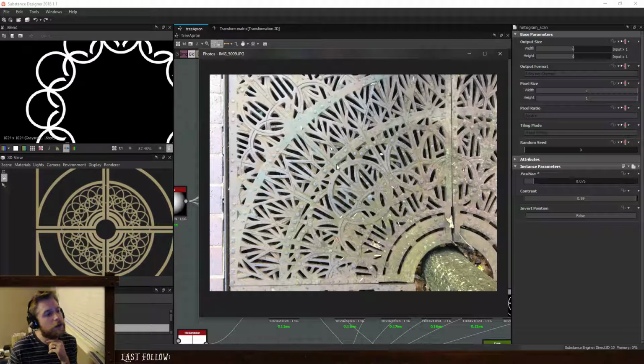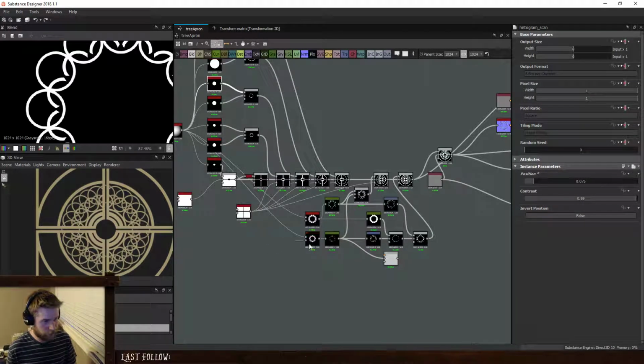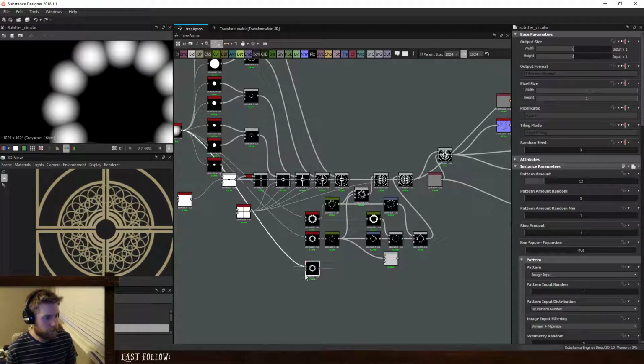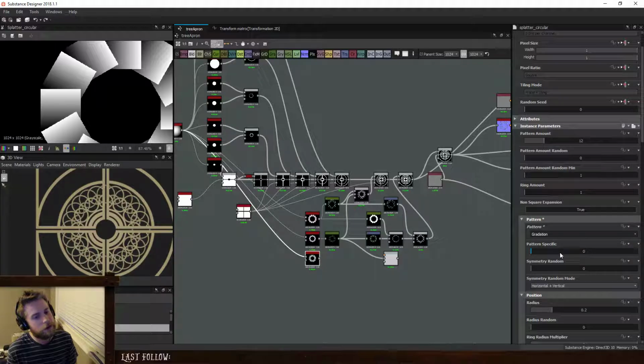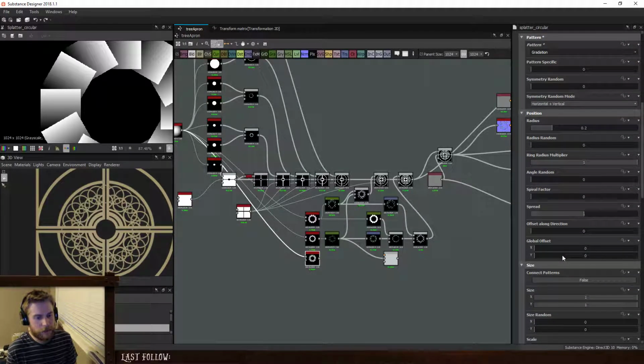Now we need trees. So first I want to do these main ones. So there's 2. So it's using a similar splatter circular setup. And if I want to use the same curve, then I would need to do gradation. And then